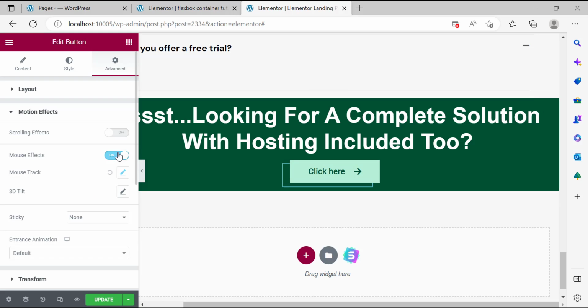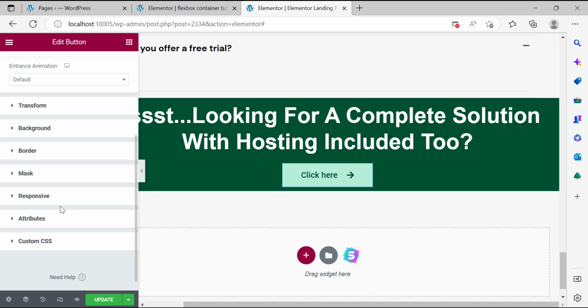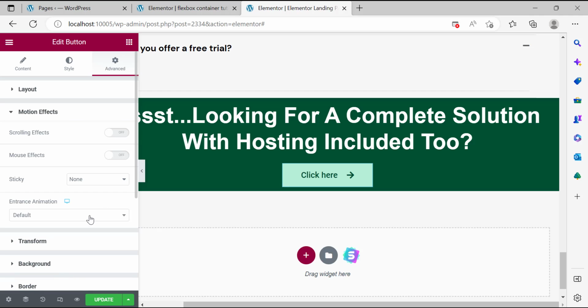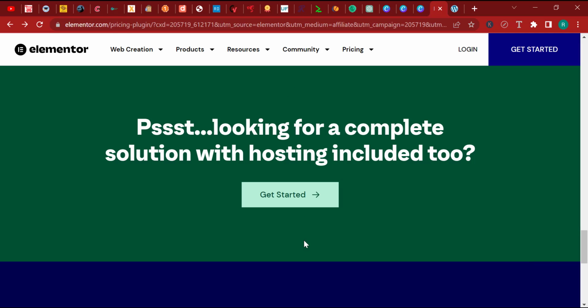So we can add an effect here, but not a scrolling effect, an entrance animation. All right, so I think this should be added as a CSS code. But anyways, right now you can see that this is good, except for there's some padding that we need